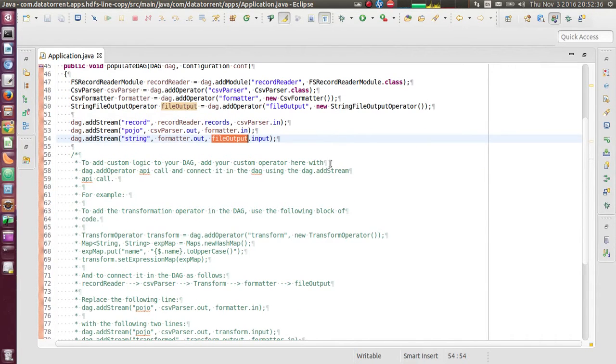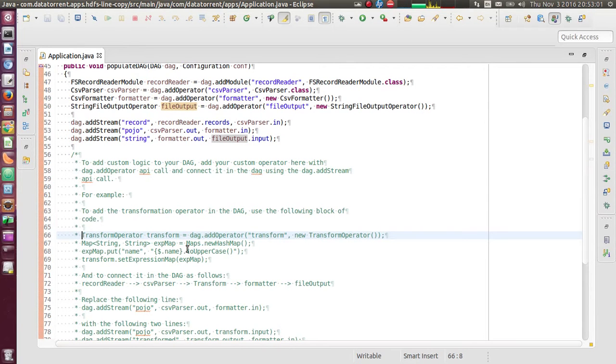So as a part of customization, let's introduce one more operator in this pipeline. As an example, I will be taking transform operator, but you can define your own operators or use operators from the Malhar library of your choice to customize this pipeline.